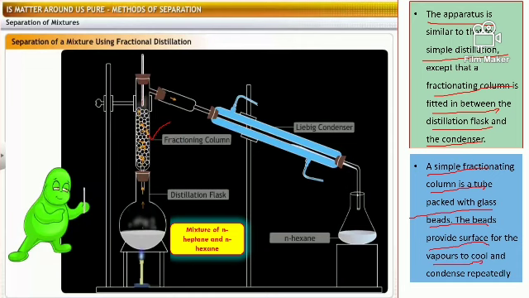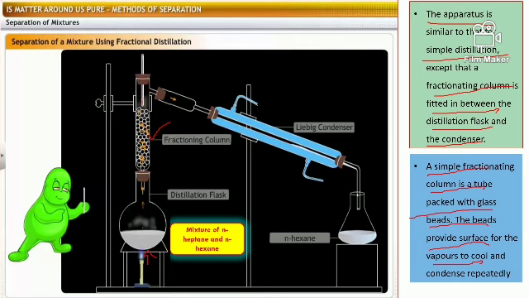So what will happen, as the boiling temperatures of n-hexane and n-heptane do not have much difference. So what we have to do, when we start heating this, vapor of n-hexane along with n-heptane will be formed.